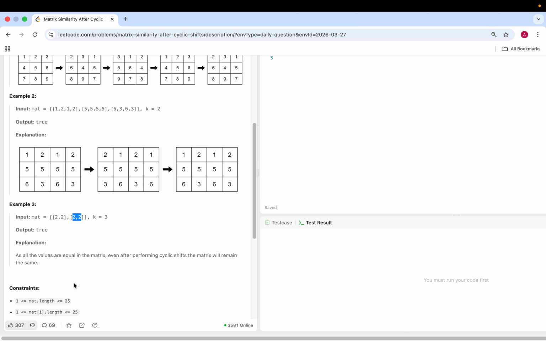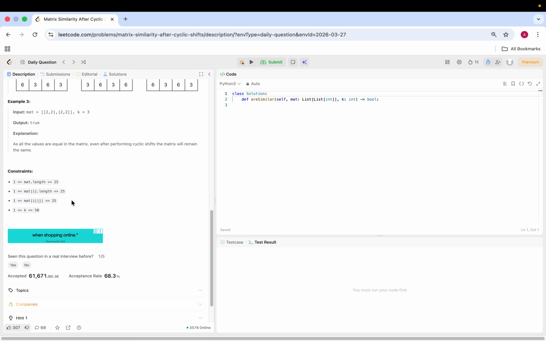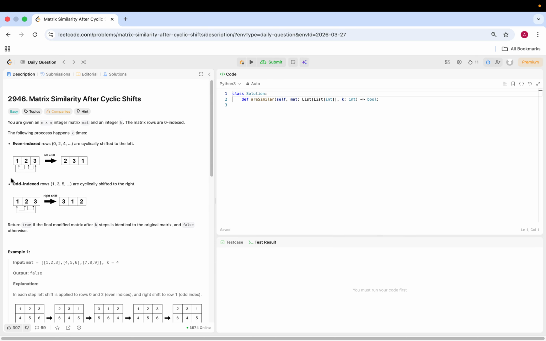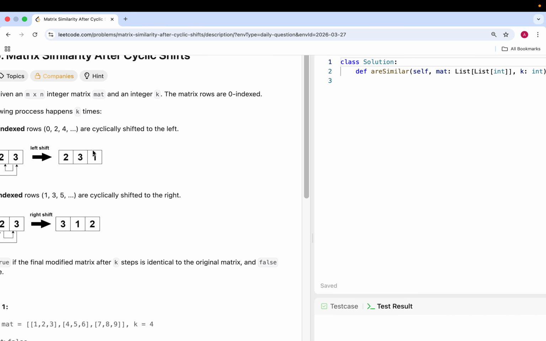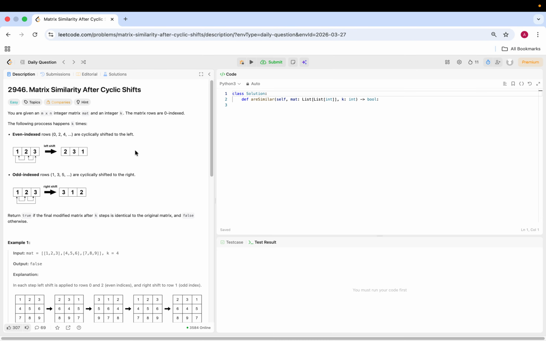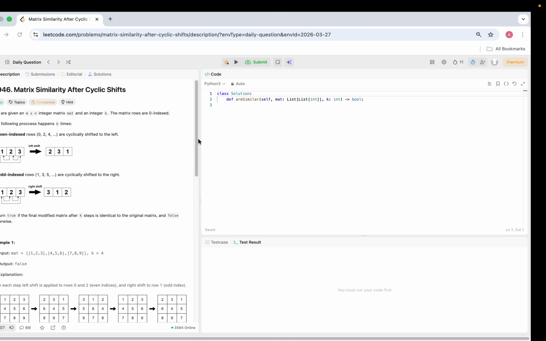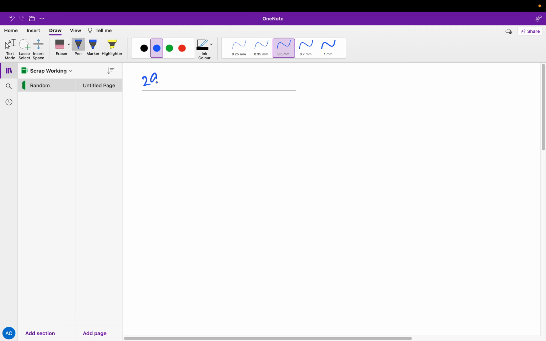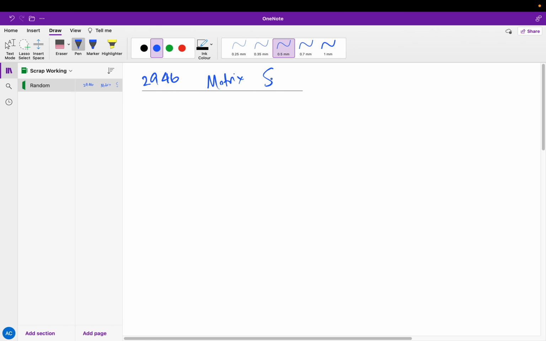So that's fine. I'm assuming the reason this is considered an easy problem is that the constraints are small, so you could brute force everything, which we might do if I'm really struggling to think of a cleaner thing. But I do believe... Oh, no. Let's start with the brute force solution, because sometimes I try to overdo it and then end up looking like a fool. So we'll start with the most simple solution, which is to shift everything manually and then compare. Matrix similarity